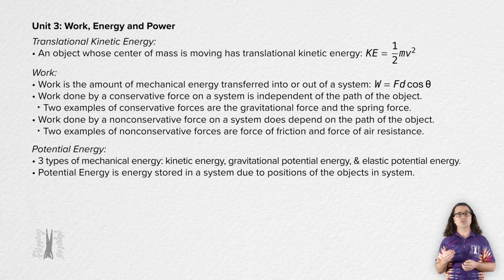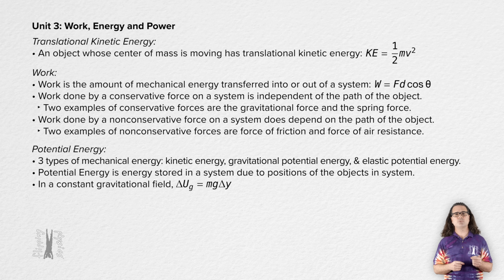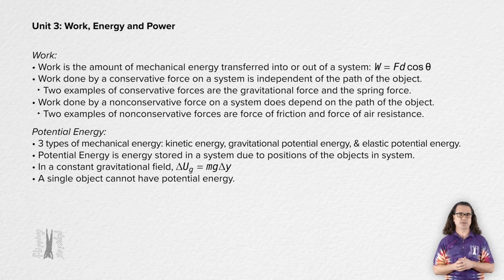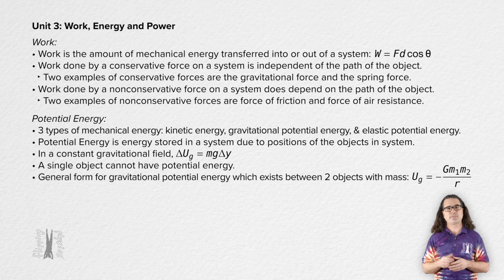Potential energy is the energy stored in a system due to the positions of the objects in the system. In a constant gravitational field, the change in gravitational potential energy equals mass times gravitational field strength times the change in vertical position of the object. A single object cannot have potential energy. The general form for the gravitational potential energy, which exists between two objects with mass, equals the negative of the